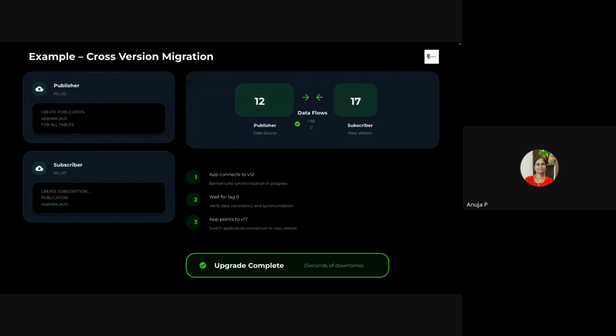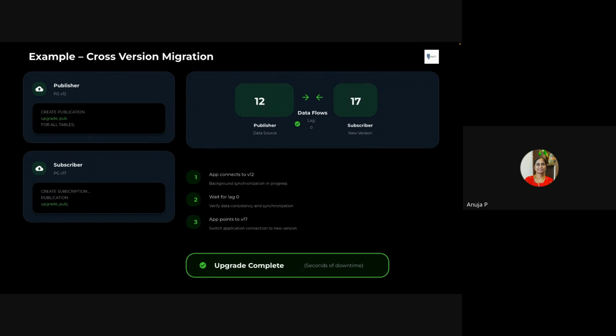So this is an example of cross-version migration. Consider your pub is of version 12 and your sub is of version 17, and I have created a publication for all my tables. Before the data flows from the publisher, we are supposed to create the schemas in the subscriber.